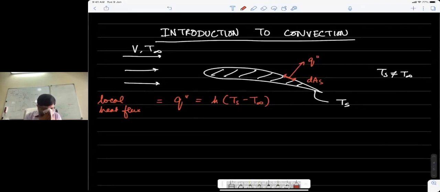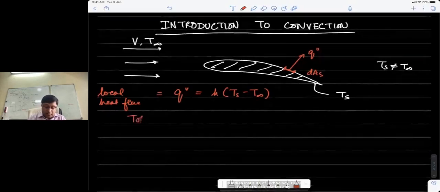And why am I saying local heat flux or local heat transfer coefficient? As we will also see in this module, the heat transfer coefficient can vary with position because of changes in flow conditions. The flow conditions on the surface will be changing because of various fluid phenomena, most importantly the development of the boundary layer. The boundary layer has a very strong influence on the local heat transfer coefficient, which we have of course been ignoring so far. But now we're getting into the real technicalities of it.